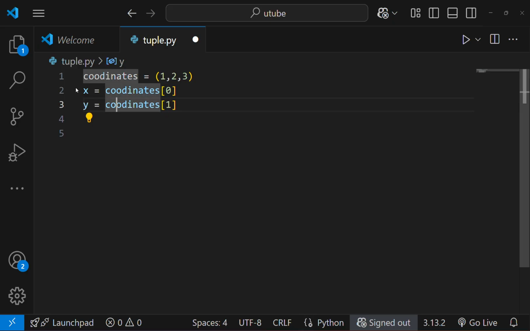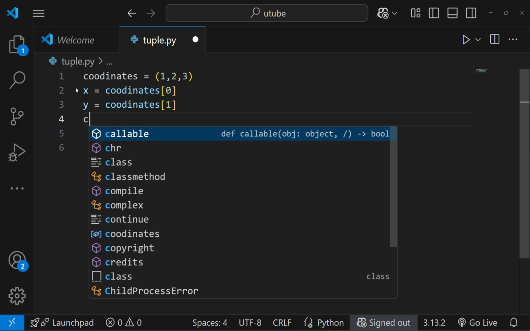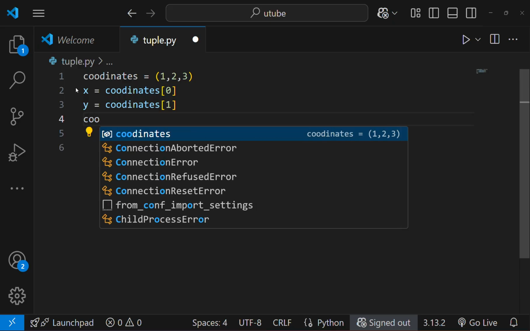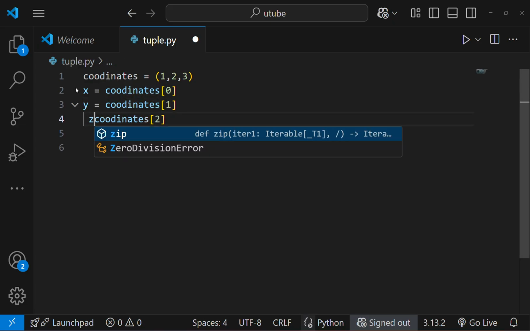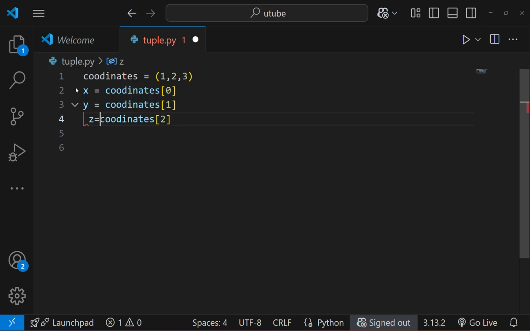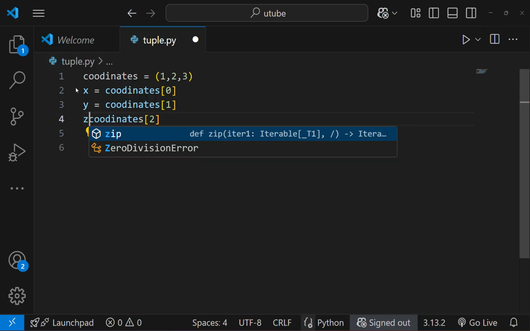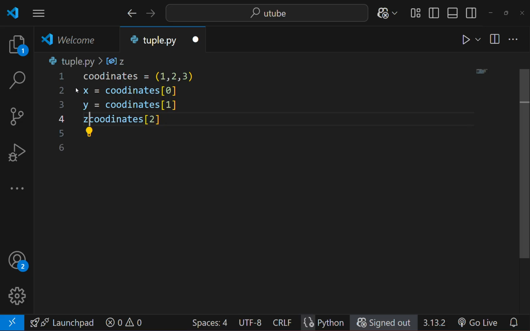Then coordinates of 2 and store it in a variable called z. This is how you can write a short form of assigning variables from the coordinates, guys.